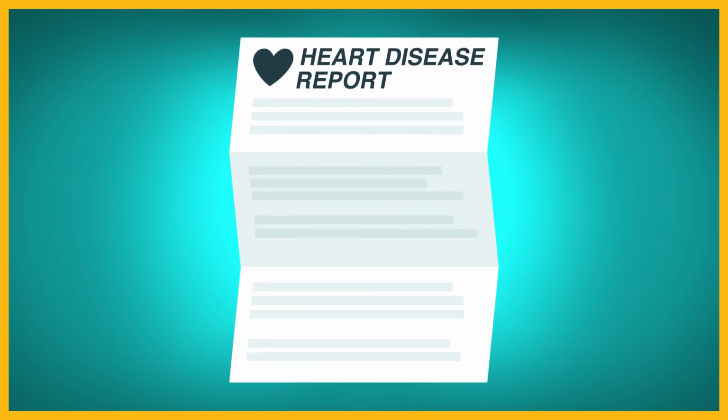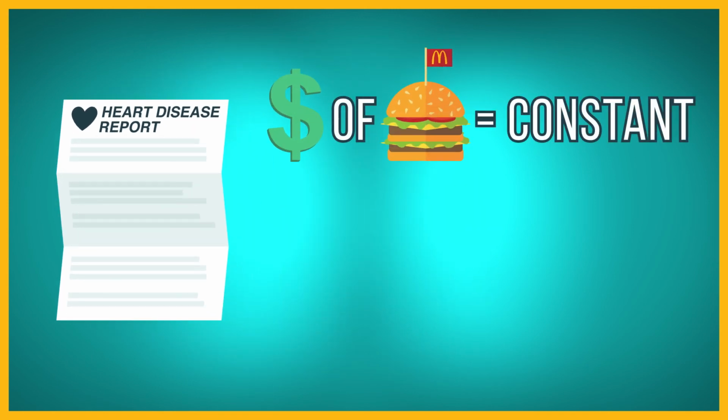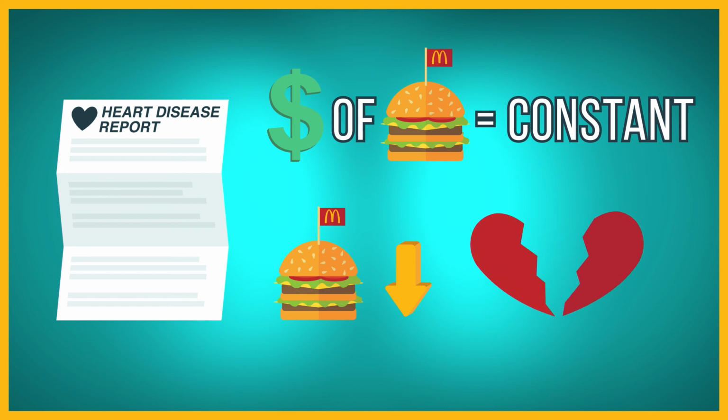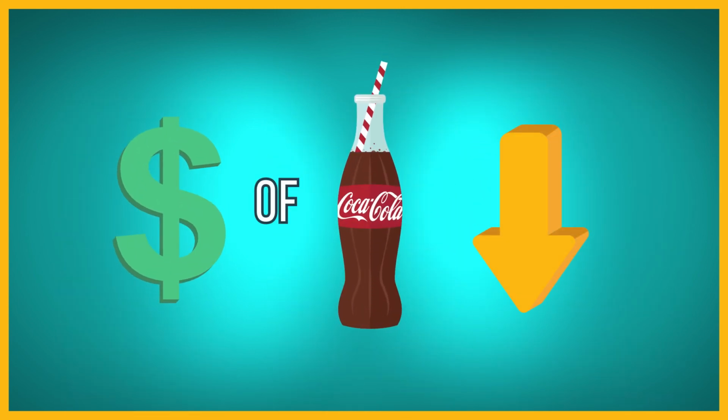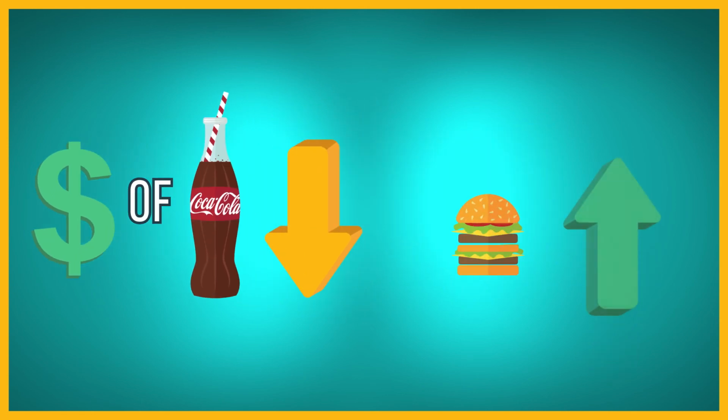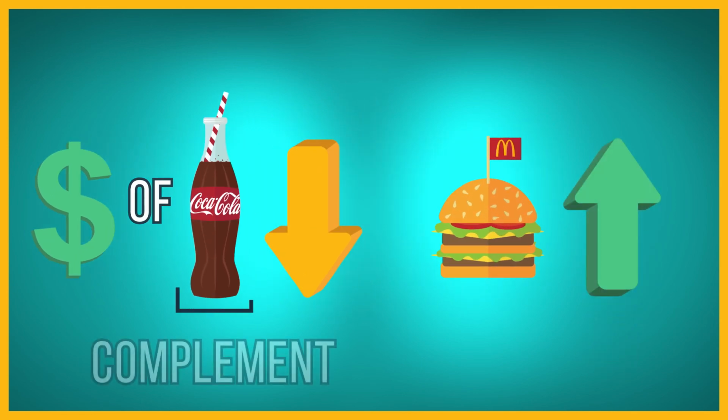When the Surgeon General releases a report that Big Macs contribute to heart disease, the demand curve for Big Macs decreases. Holding the price of Big Macs constant, fewer people would want to buy Big Macs because the news reduces their preference for Big Macs. When the price of Coca-Cola at McDonald's decreases, the demand for Big Macs increases. Coca-Cola is a complement to Big Macs. When the price of Coca-Cola decreases and the price of Big Macs is constant, the total cost of purchasing a Big Mac and a drink decreases and more